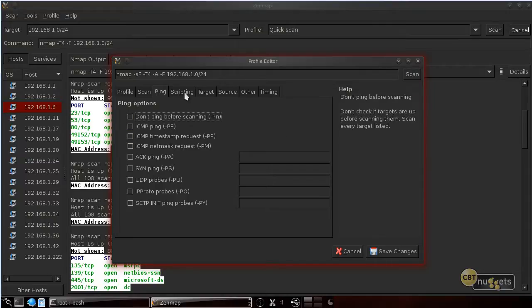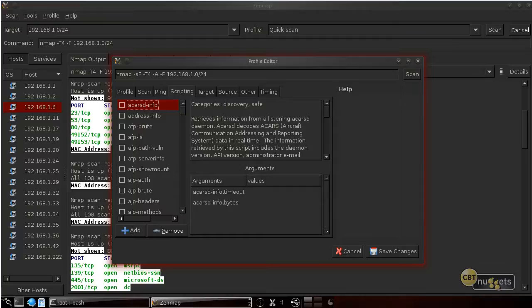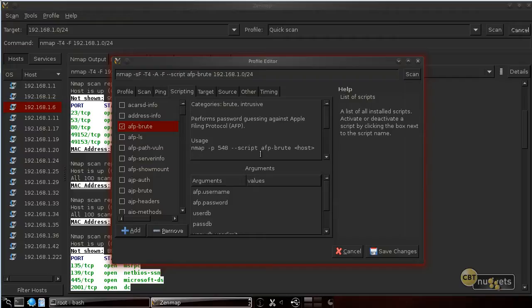So here's scripting. Check it out. If we knew we had some script that we wanted to include, look how easy it would be to do it. We simply click on it, and it will go ahead and create the actual syntax for us. So if this goes into our profile, we just launch the profile, put in the IP address for a subnet, and we're good to go. So it's a wonderful learning tool. It's also a wonderful way to optimize the actual groups of commands